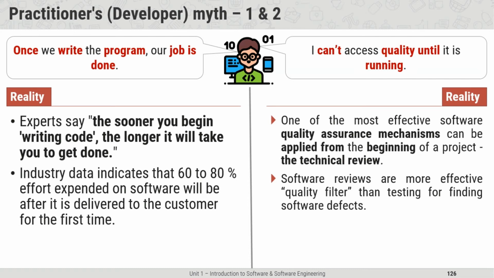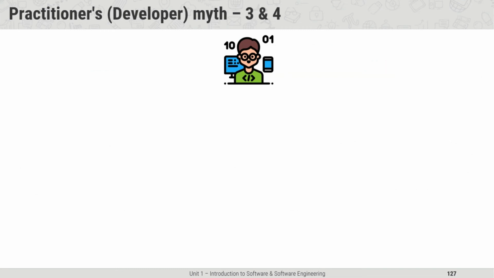Sometimes we say that if we schedule meetings, if we review what work we have done, if we continuously make technical reviews, we see what we had to do and what we did. If we arrange meetings where we technically discuss the project or software, in that review we get to know what we have done. In that meeting or review, we can make changes in our software so that we can improve the quality. So it's not necessary that you can't assess quality until it is running.